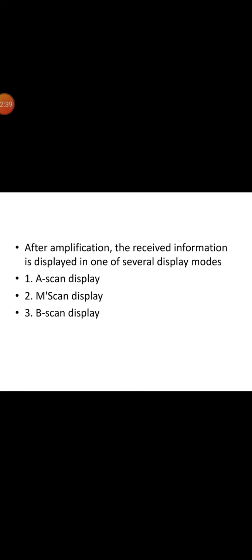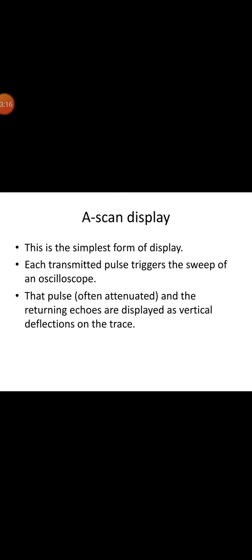Now the M-scan display. As in the case of the A-scan mode, each transmitted pulse triggers the oscilloscope sweep. However, the received pulses are used to brighten the trace rather than to control the vertical deflection. So, the Gaussian brightness level is set below the visibility threshold so that only the echoes, which appear as dots with brightness proportional to the intensity of each echo, can be seen. For the M-scan, the transducer is held stationary so that the movement of the dots along the sweep represents the movement of the received patterns.